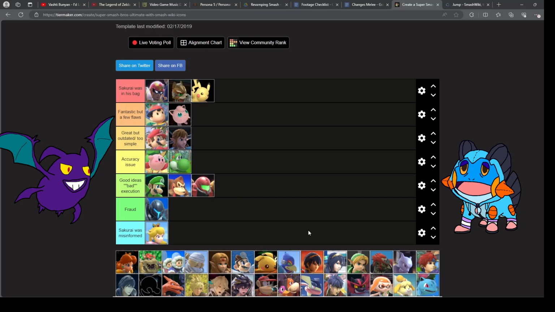I do think Peach does a good job of getting across her character, especially in the later games with the heart particle effects. And the fact that she has a Toad helping her out with her grab and her pummel. That does get across that this is Princess Toadstool. The idea behind Peach is...